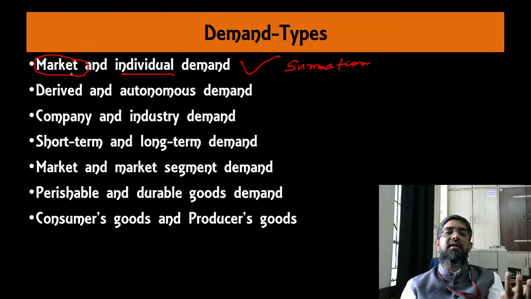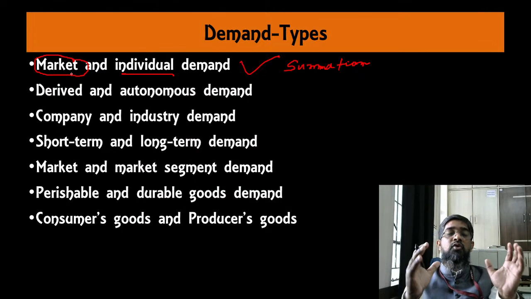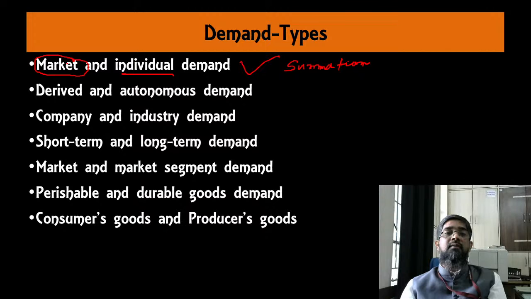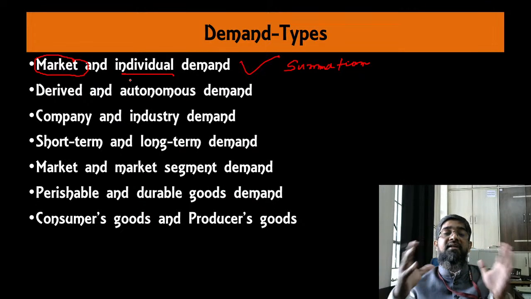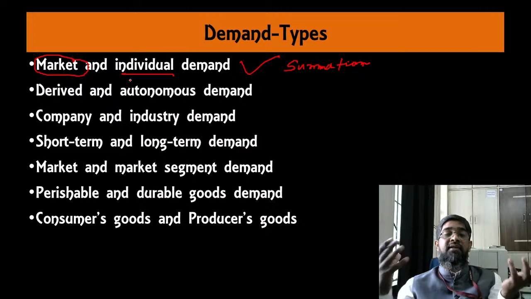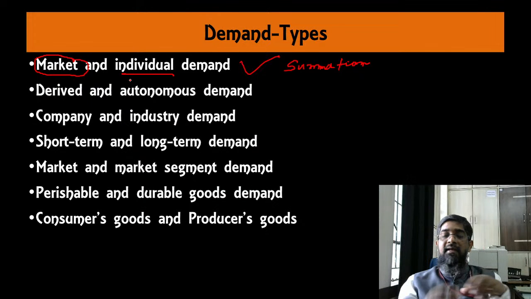Okay, कोई प्रोडक्ट ले लो, suppose again I'll take say butter. So individual butter demand may be say 100 gram per week, but if it is for the whole market, it may be in tons, because all individuals together for a market, for a place, say Pune, how much demand is there? So market demand is summation of individual demand. Companies are not much concerned about individual, they are concerned about market demand. Product की overall demand क्या है उसके हिसाब से analysis की जाती है.